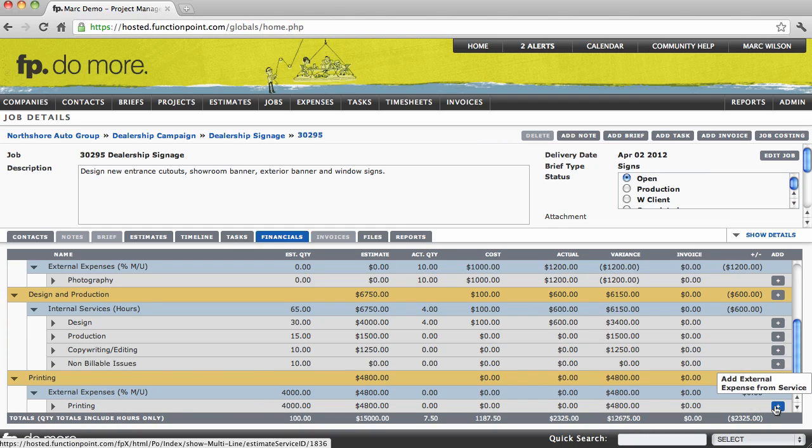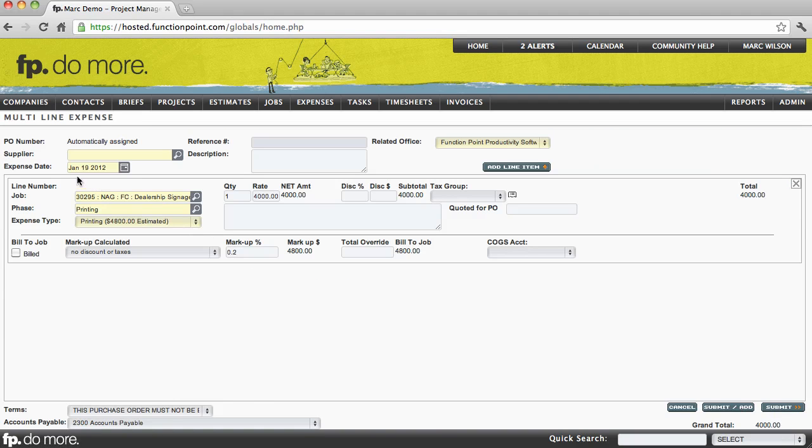for this item. Select the plus icon, and that also brings us to our multi-line expense entry. However, you'll notice that some of the information is filled in for you already, including the job, the phase, the expense type, quantity, and rate. All we have to do is choose our supplier,